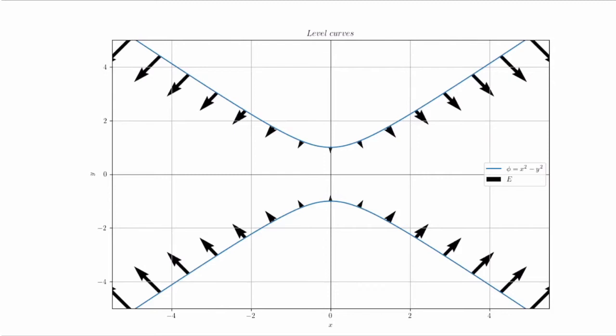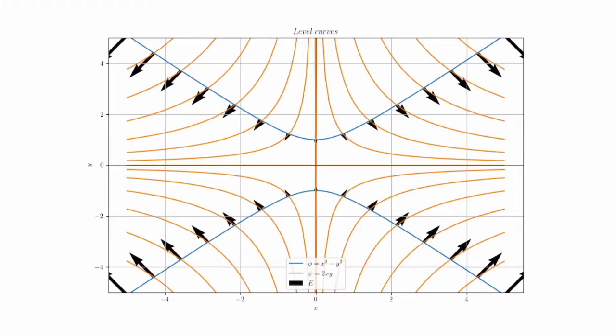You can see that the potential goes as x square minus y square. At each point, let's also construct the curve psi equals 2xy equals constant. Now you can see that the vectors are all orthogonal at the points where the two curves intersect each other. We have seen earlier that when these two level curves cross each other, they should be orthogonal to each other. Visually we see that the electric field, the gradient of the potential, is in the direction of the other level curve, that is, a harmonic conjugate to each other.